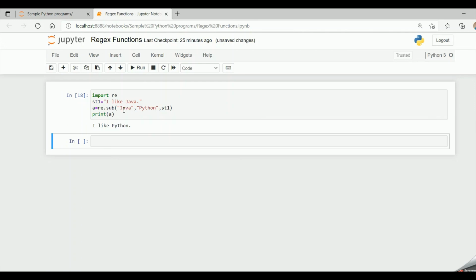So first is the searching string, Java is the string which we have to substitute, Python is the substituting string, and this is the main string. So it takes three parameters: the one which we are searching, the one which we are substituting with, and the main string. So instead of "I like Java", "I like Python" has been substituted.